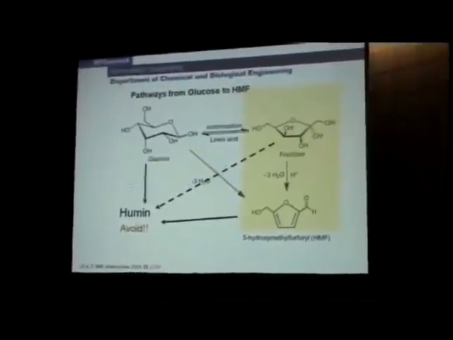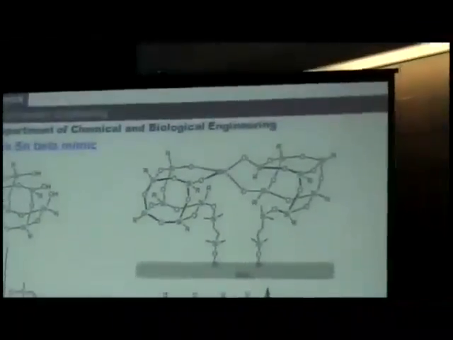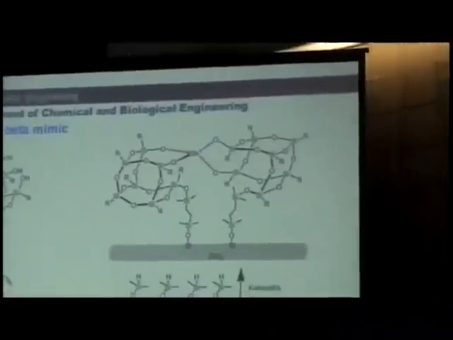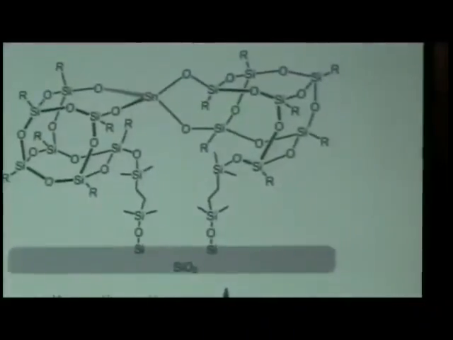As I said, the tin beta can avoid the formation of hemicals. So we would like to be able to generate a tin material in which the tin is tetrahedrally coordinated, as is shown here. The idea is, why don't we just go ahead and use the tin beta instead? Well, in addition to the fact that this is fundamental research, if we can generate a tetrahedral tin and put it on any support such as silicon, we will have a tetrahedral tin material that is not controlled or not influenced